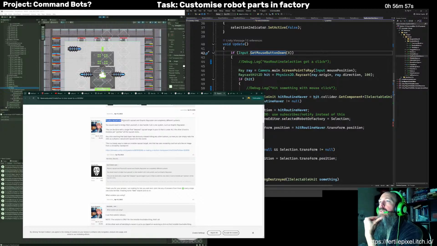Okay, it's just the graphics raycaster and the physics raycaster are completely different systems. Need to somehow bridge them. So I could basically put something there to catch all of the clicks.